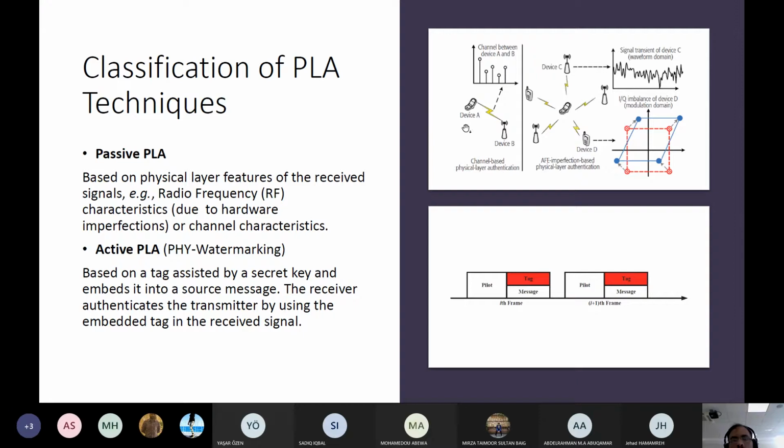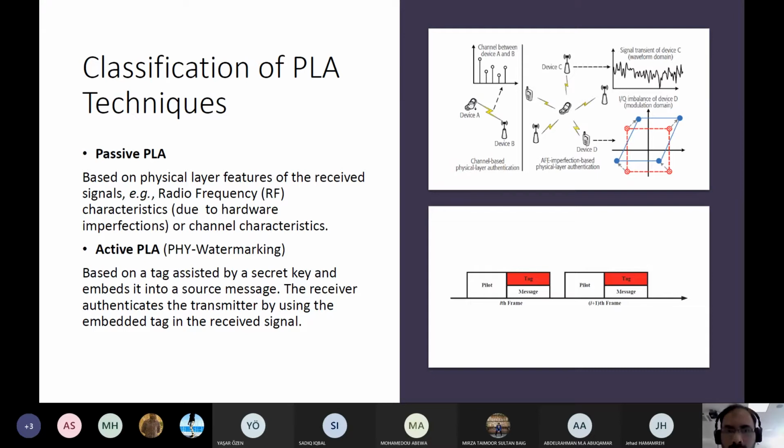I want to mention here, if you are new to physical layer security, I mentioned that there is a problem of key sharing in heterogeneous networks for the cryptography based method. Physical layer security is a very interesting approach to solve this issue. Actually, I told you that device A and B, let's suppose, have a unique channel, and there is another device nearby. Let's suppose this is an attacker. The attacker has a different channel.